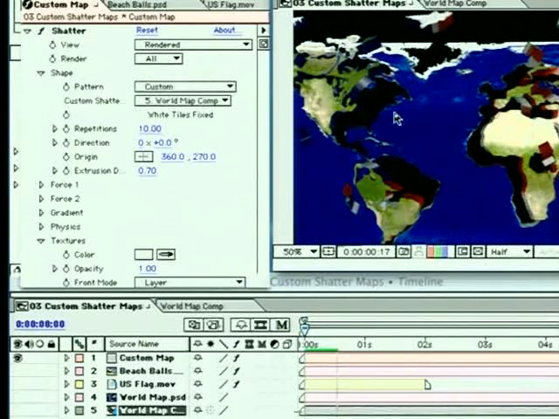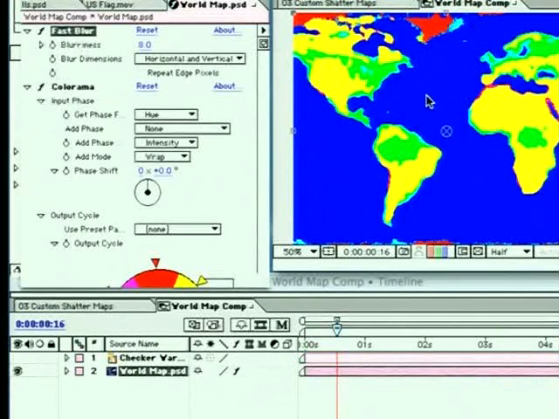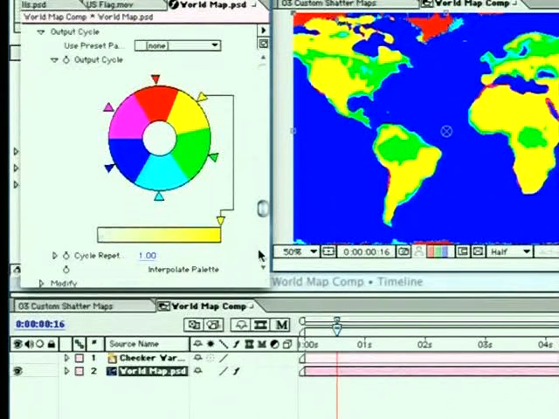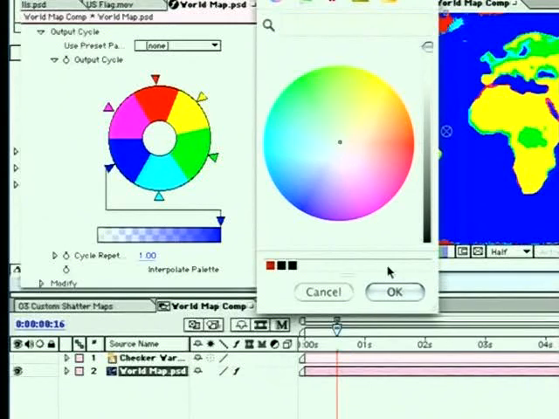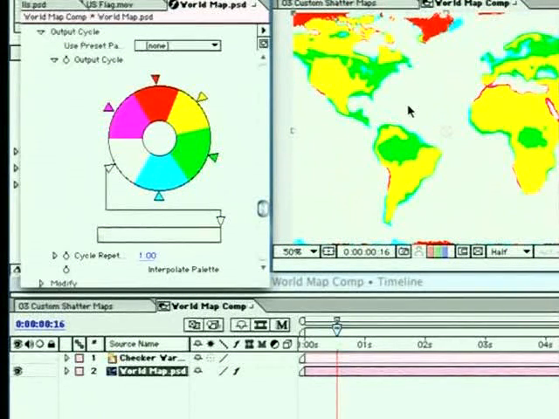So this is very cool, but there's one last thing that bugs me about this, and that is, what if I wanted to just blow the continents out of the ocean, but I wanted to leave the ocean behind? I wanted to leave the ocean up here on screen. Well, it so happens that there is an easy way of doing that with the custom shader map. If I switch back over to my world map comp and we look at our map here, and I scroll down to Colorama, I'm obviously making the ocean blue. What if instead of making the ocean blue, we made the ocean white? Just click right in the center to choose a white value, click OK, and now our ocean has gone completely